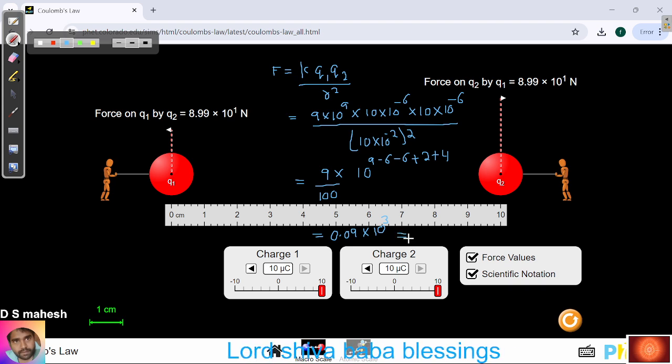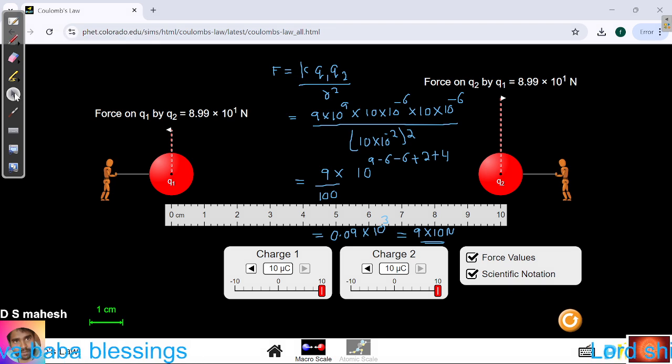So that would be equal to 9 into 10 newtons. So we got the exact value, it is 8.99. So it is exactly 9 newtons. So we were able to get the value of force which is equal to the simulation. So now what we shall do is, let us bring this